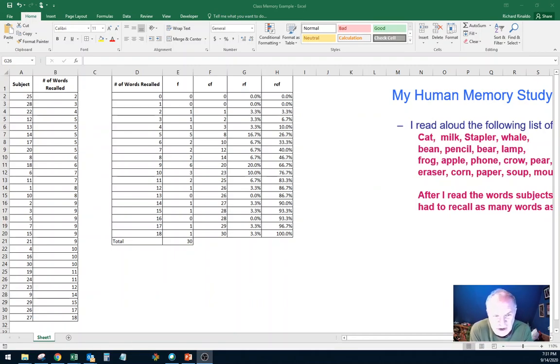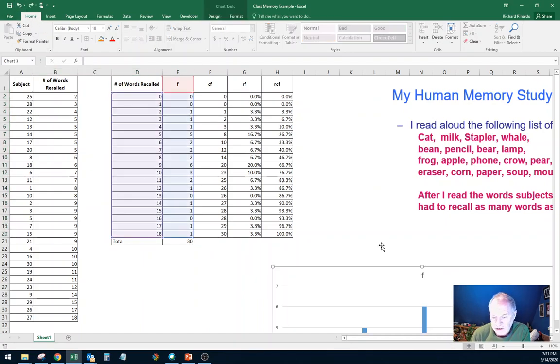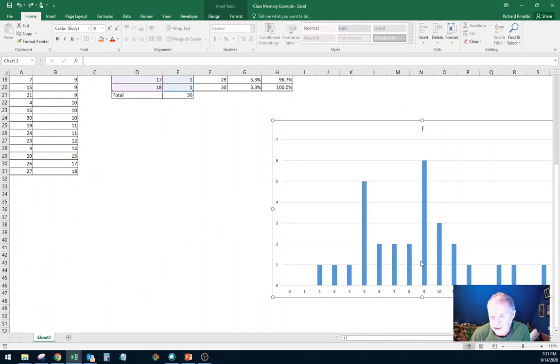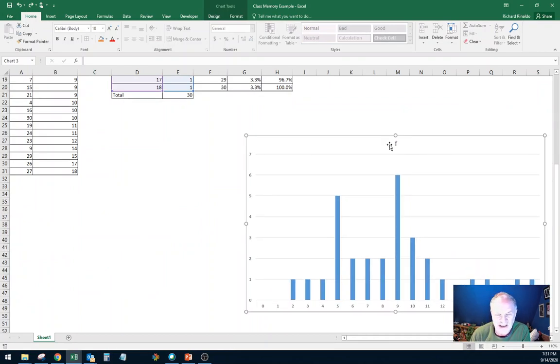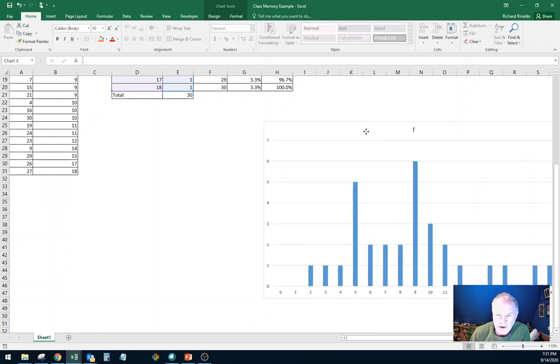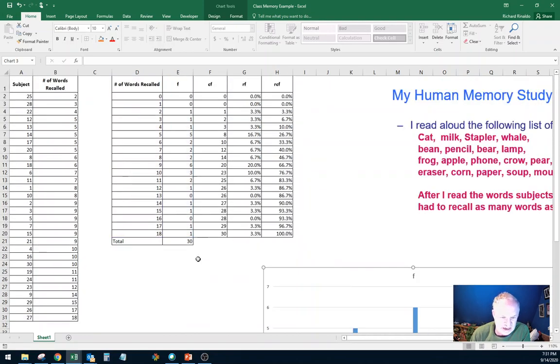We've created our frequency distribution table. My problem is that this table is too large to throw into a PowerPoint presentation, and the chart doesn't look very smooth, and it's just kind of clunky, and I'm not really happy with it. What I want to do is compress the data and make the chart look a little